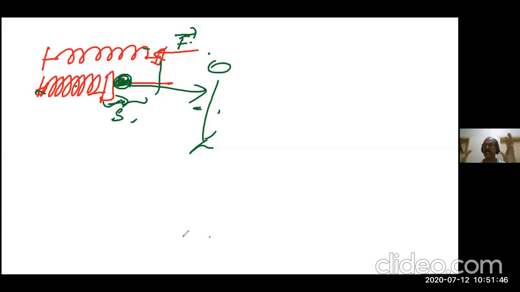An object moving has energy, but we cannot show a direction for it. But force has direction, displacement has direction. So this kind of product is known as dot product. Whenever you come across two vectors, and when you multiply them you get a product as a scalar, this is known as dot product.